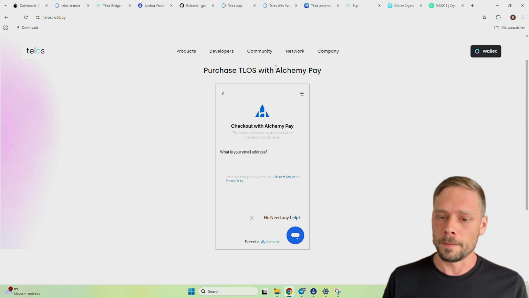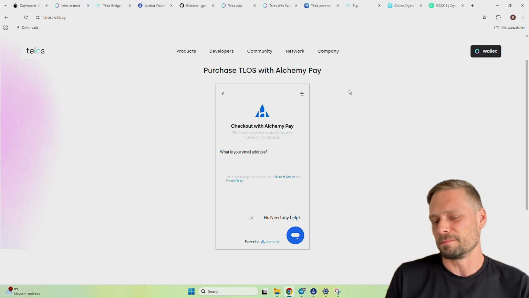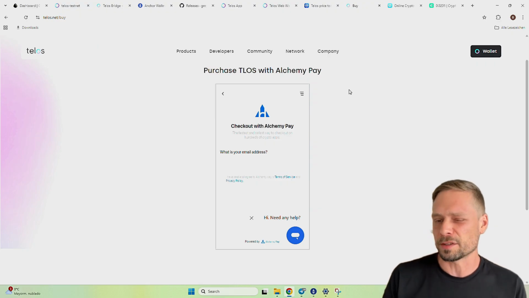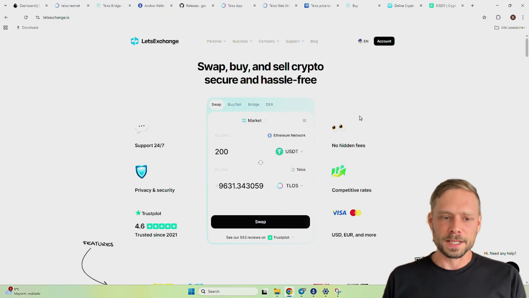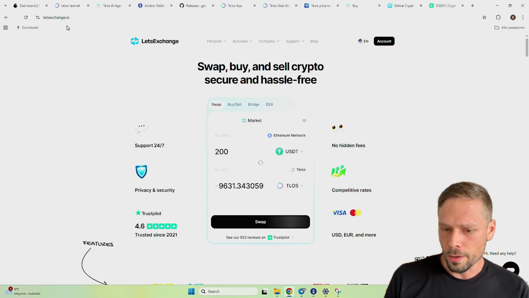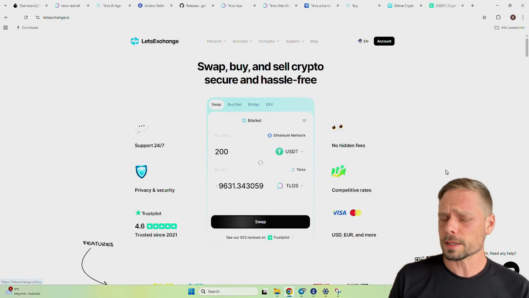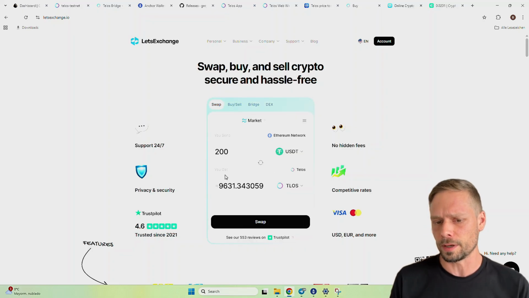However, this provider here adds a little premium, so you don't get the spot price. It's a little bit more expensive. This is another provider here, Let's Exchange.io. Also supports credit cards, and I noticed that the fees seem to be smaller here.